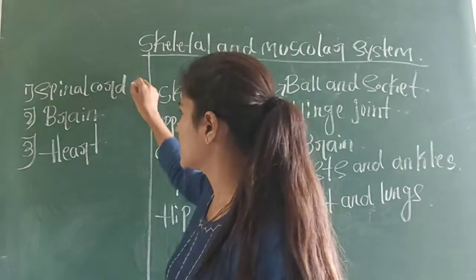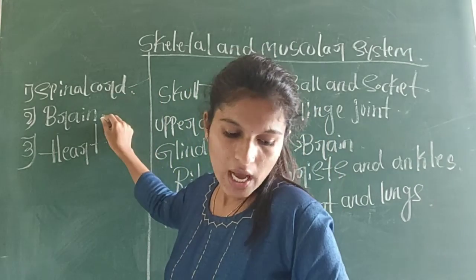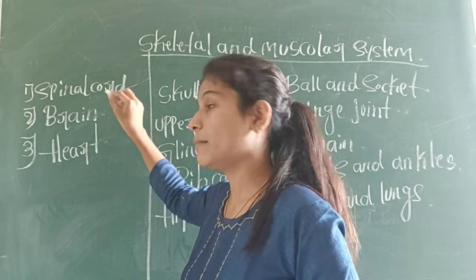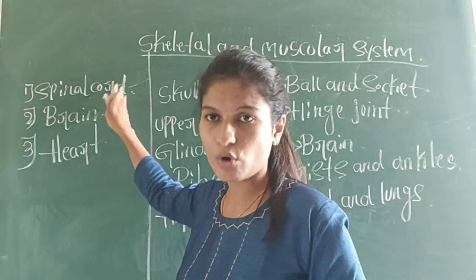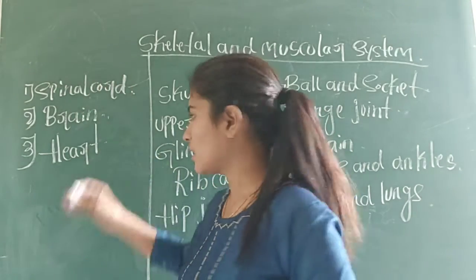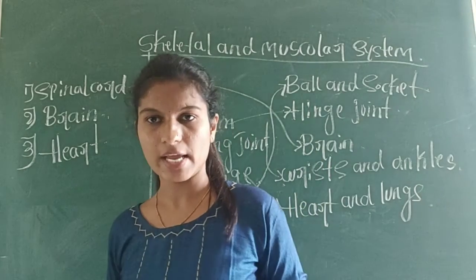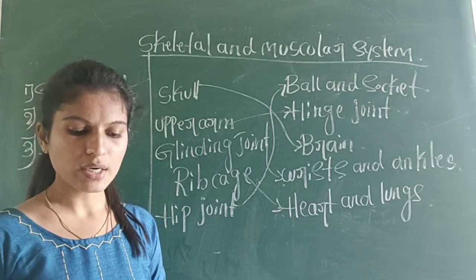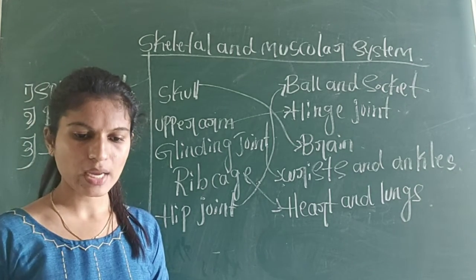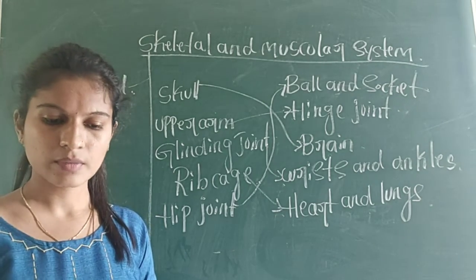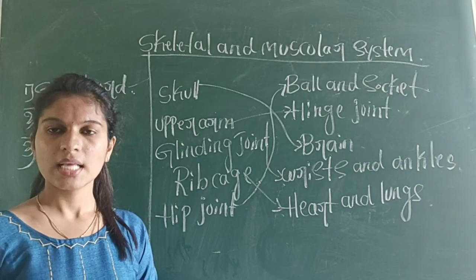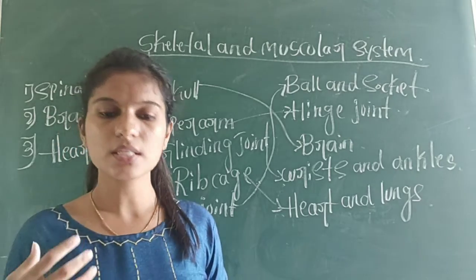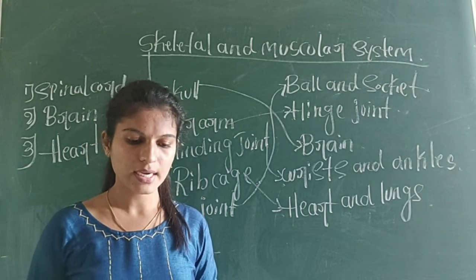The spine is protected by spinal cord. And next, our skull is protected by our brain, our spinal cord is protected by spine, and our heart is protected by our rib cage. Okay. So next, after this, short answer type questions are there. There are 6 questions and long answer type questions are there. These we will discuss in the next class. Okay. Try to answer these questions by yourself because I already have studied this lesson.